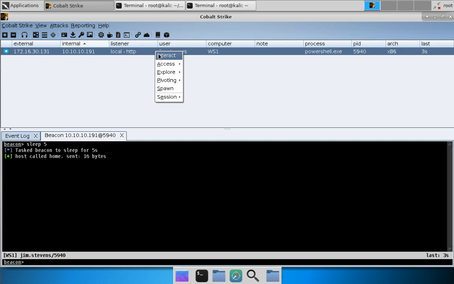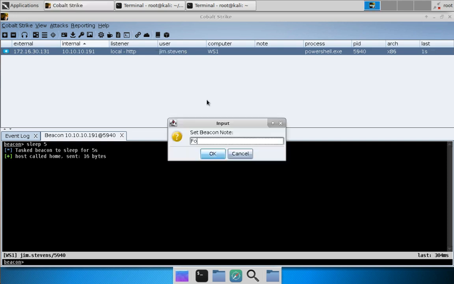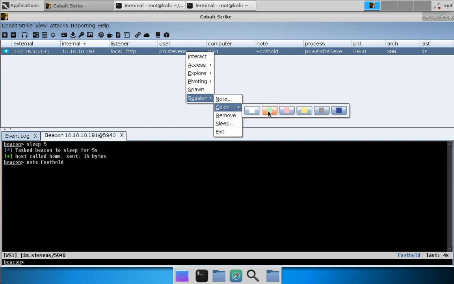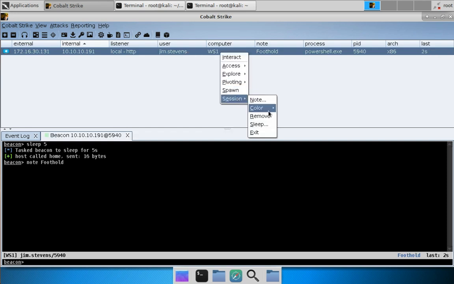So when we right click on a session, you can see we have the beacon management menu. Here are the access options, the explore options to interrogate the target, pivoting options to tunnel through the session, and session management options as well. For example, we can change the note to be something like foothold, and all of our teammates will see this. We can also assign a color to the session, such as green or pink, and all of our teammates will